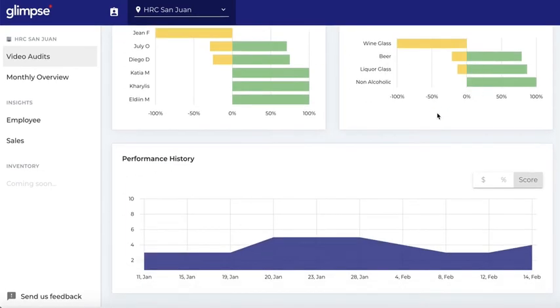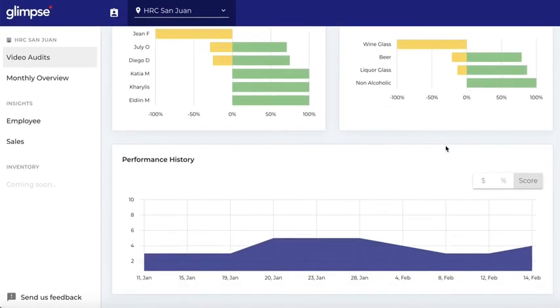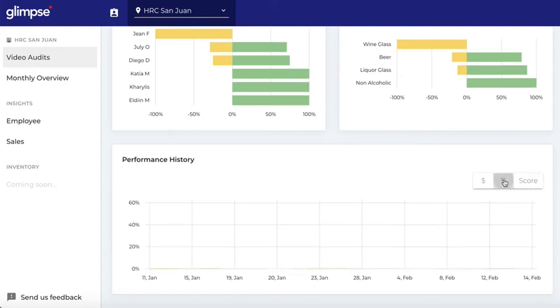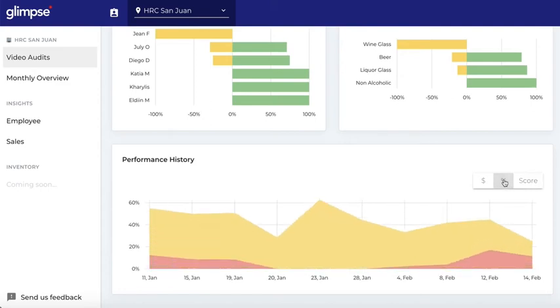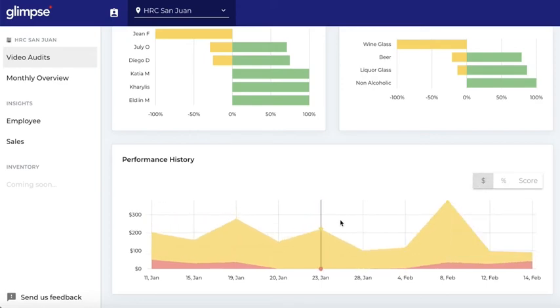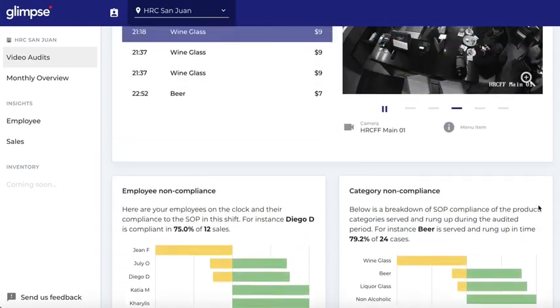Equally, at the very bottom, you will be able to see a historical chart, which can be switched in its view between the score, percentage of transactions, and dollars that were at risk or lost, or the dollar value within that same report. Going back to the top,